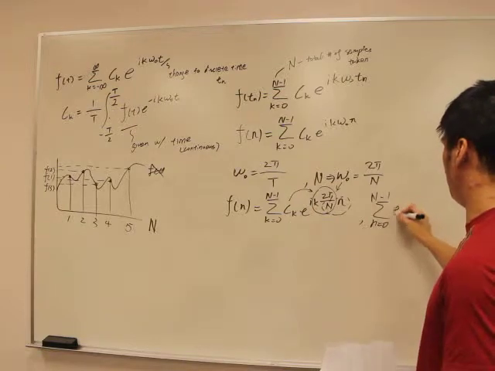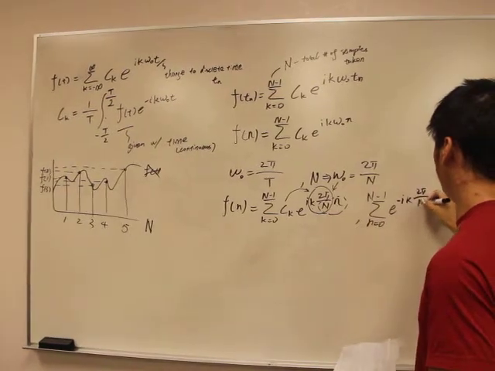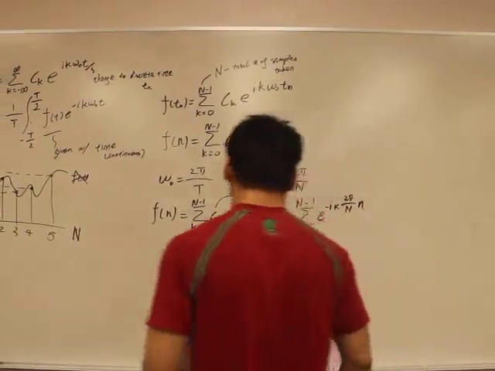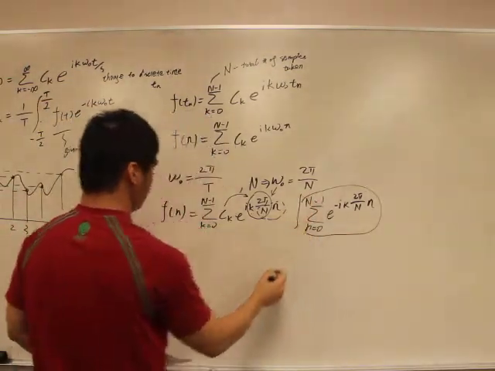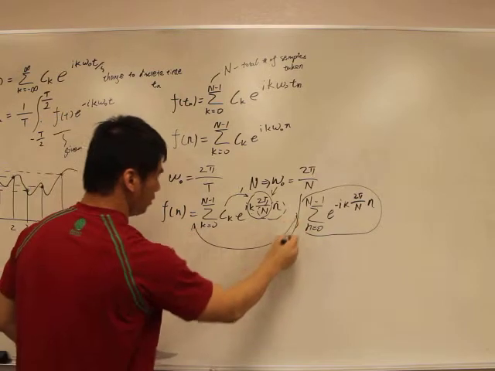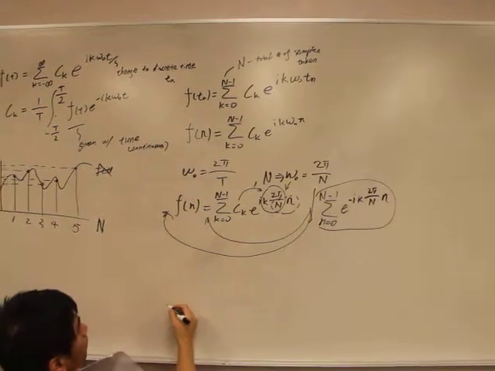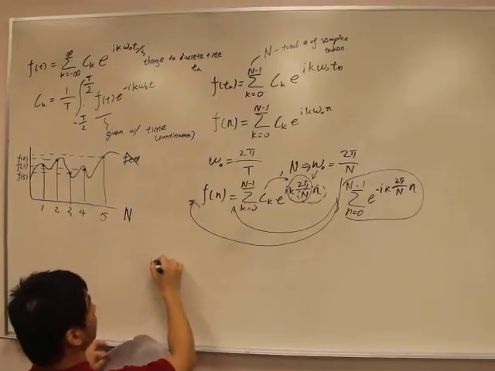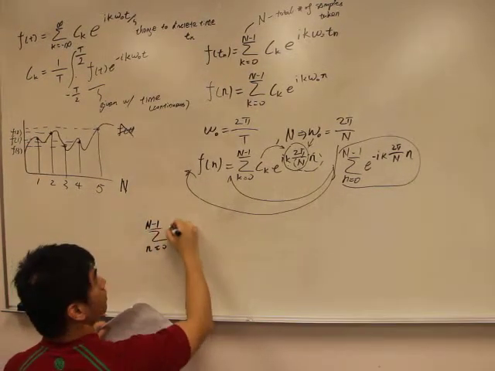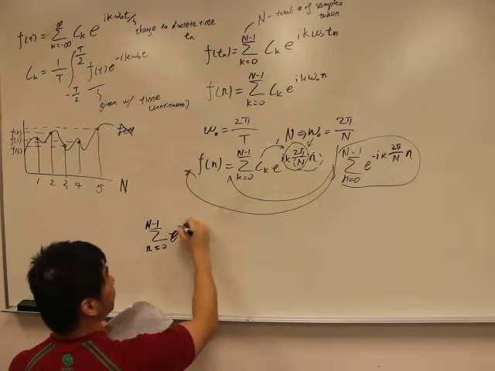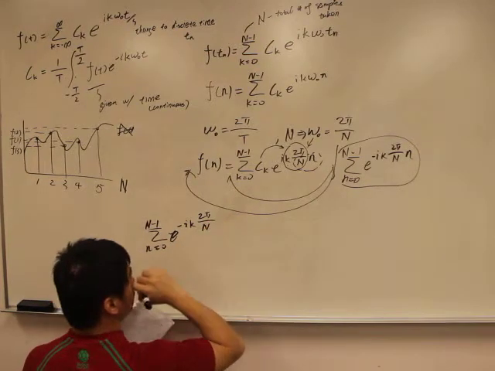So if we have e to the negative ik 2 pi over N, when we multiply this on this side and on this side, we're going to have something like the summation of e to the negative ik 2 pi n over N